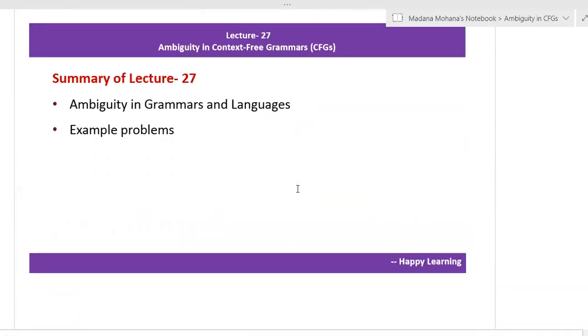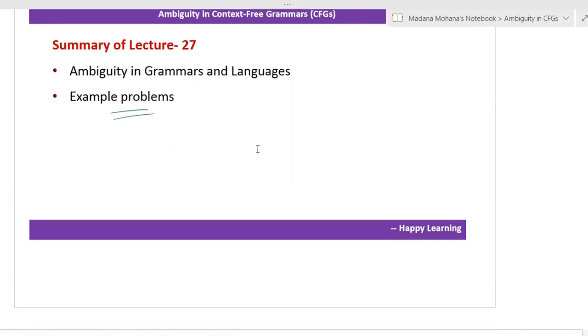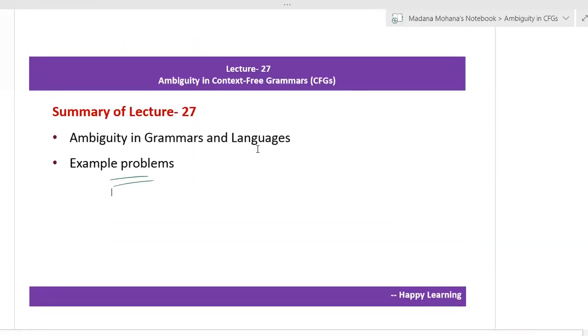Now we stop here. Then we will review what we discussed in this lecture. First, we discussed what an ambiguous grammar is, how to define it, and what the restrictions or rules in ambiguous grammar are. Then we demonstrated two example problems, checking whether the given grammars are ambiguous or not. Now you can practice the third example also. Next class we will come up with another topic related to ambiguous grammar, that is eliminating ambiguity.